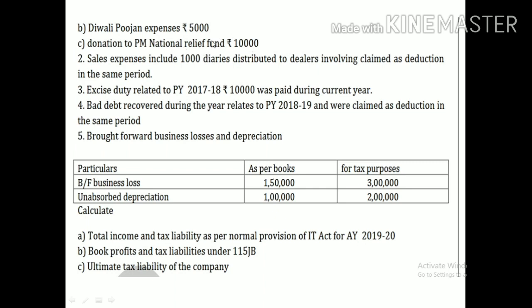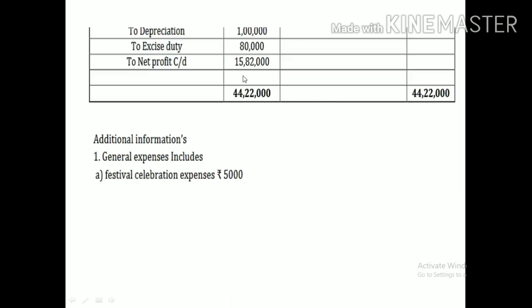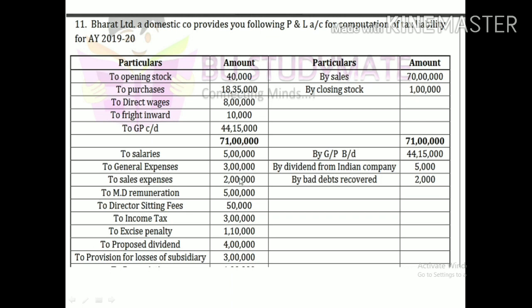These 3 are included in the general expenses. Out of the 3, the donation to the PM National Relief Fund is inadmissible, so only 10,000 should be added back to the profit. This is regarding general expenses. If there is no adjustment, consider it as allowable expenses, then ignore. But in this problem we have an adjustment. Okay, next one,